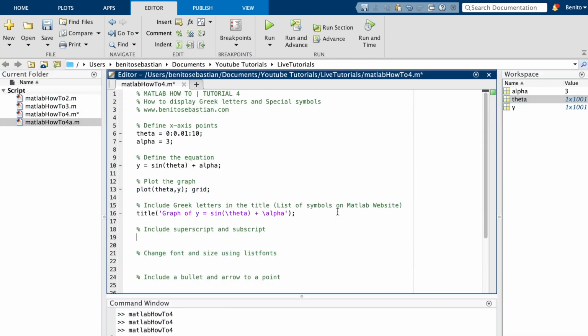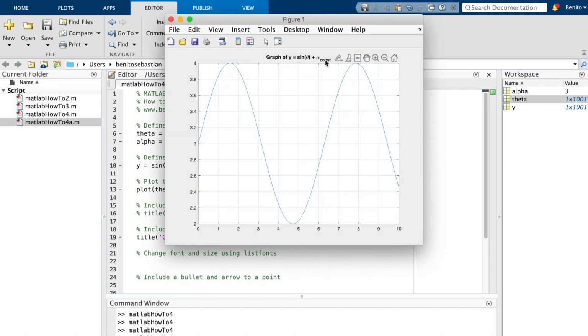So now let's see how we can add a superscript or a subscript. So we'll just simply copy this line and comment it out for now, and we'll paste it here. Let's say I want to add a subscript to alpha saying it's a constant. So to add a subscript, all you have to do is simply add an underscore, and then using curly brackets, inside the curly brackets you just have to say what you'd like to make the subscript. I just want to say this alpha is a constant, so I'll say const, and if you run this now you can see that we have a subscript just under alpha,